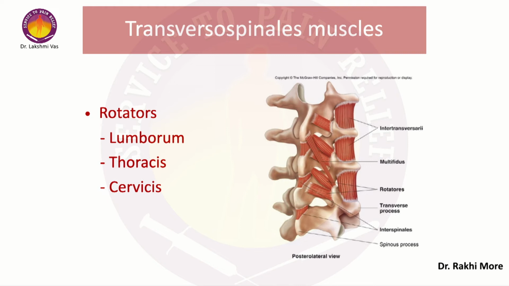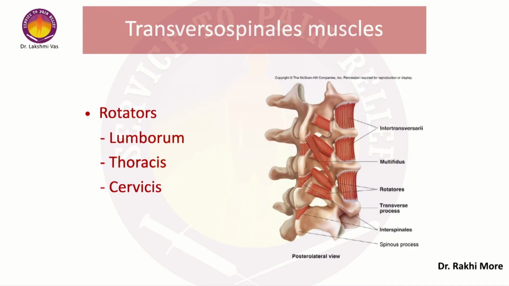This is the thorax. Now the deepest group of muscles, as you can see in the diagram also, is the rotators. It takes origin from the root of one transverse process to the root of the spinous process or lamina next above. So it covers only one vertebra, unlike the multifidus, which runs around 3 to 5 vertebrae at the higher level. And these are best developed in the thoracic region.